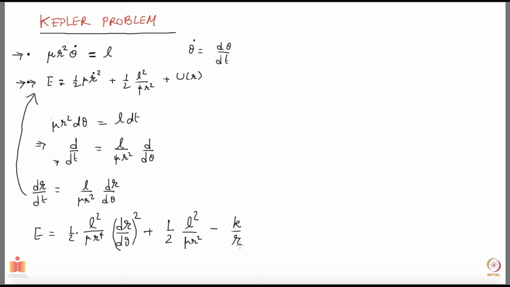Now I'm going to do a nice transformation on this. It's a very nice transformation because you will see all these powers of r to the 4 which are multiplying these derivatives, they will disappear. So what we do is we take u to be 1 over r. That's our new variable.